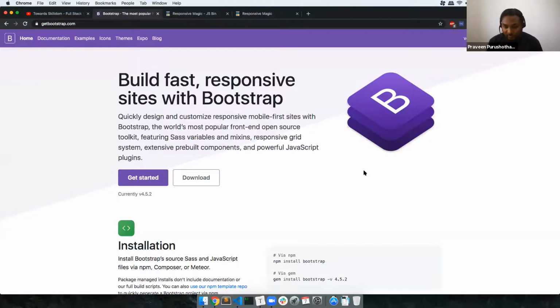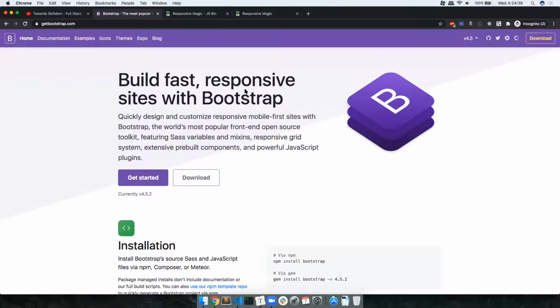Is Adobe Dreamweaver similar to Bootstrap? You are comparing apples with oranges. Adobe Dreamweaver is a text editor, or an IDE. If you are comparing that with VS Code, then that is a fair comparison. Adobe Dreamweaver is a text editor. Bootstrap is a CSS framework. It is a tool to write code. So two things.